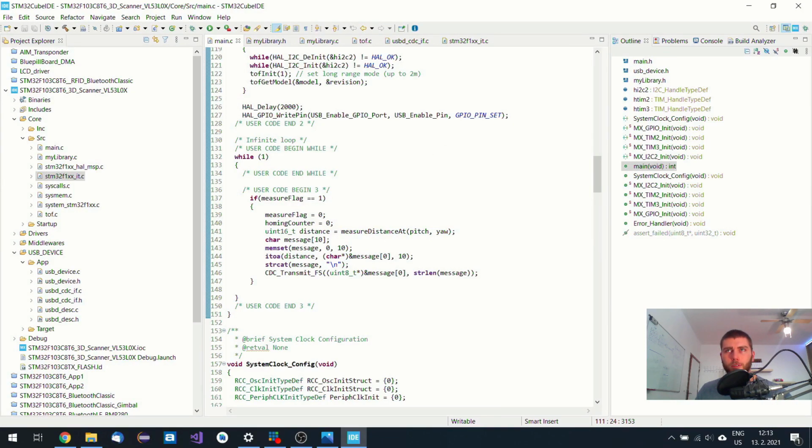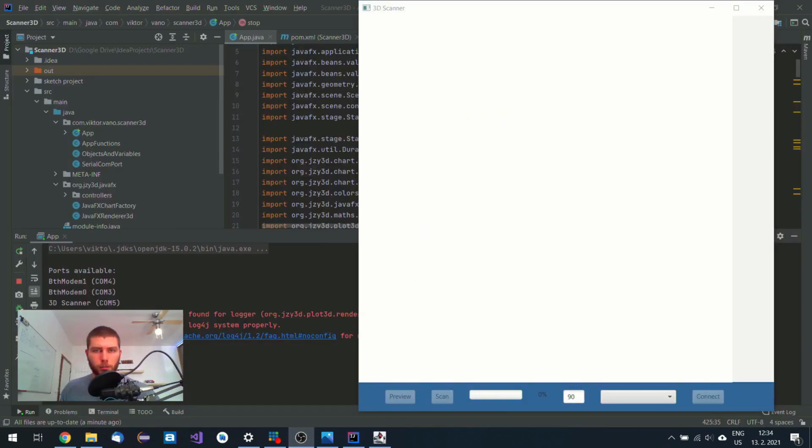So let's move on to the JavaFX application. I also made this 3D scanner application. This one is made in Java 15 and using the JavaFX 15 framework. And I'm using the latest Java and JavaFX because the JZY3D library technically uses the latest JavaFX. Therefore, I had to build it